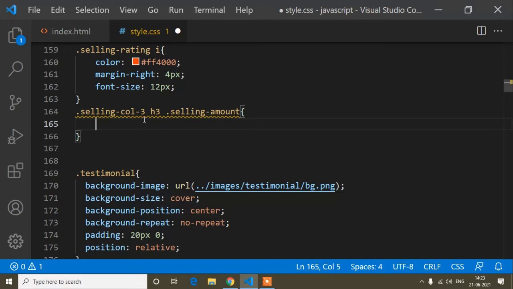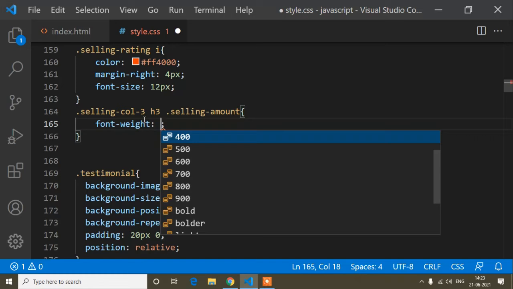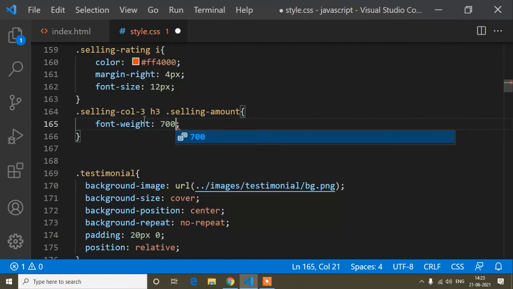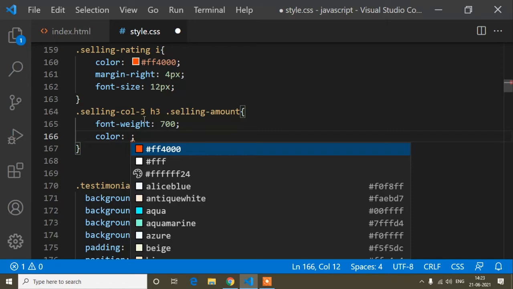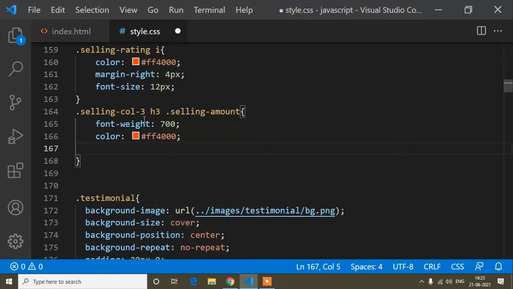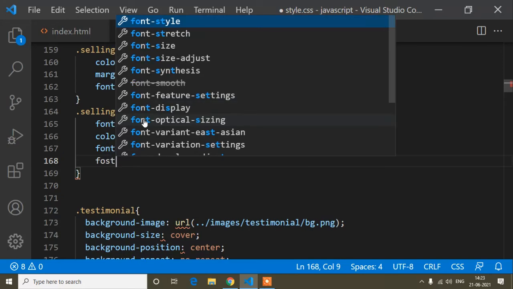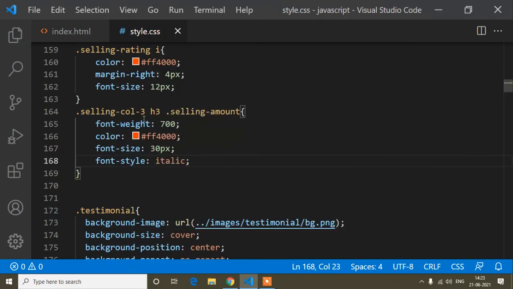And now here, first of all, I will write font-weight. Font-weight is 700. And the color, I will write this orange color code. And font-size is 30 pixels. And font-style is italic, this one. So save.